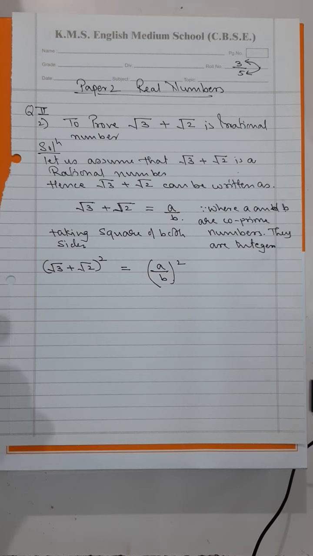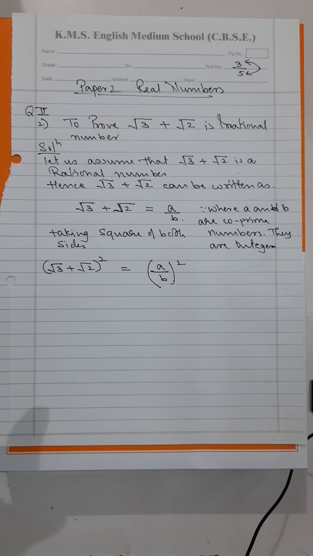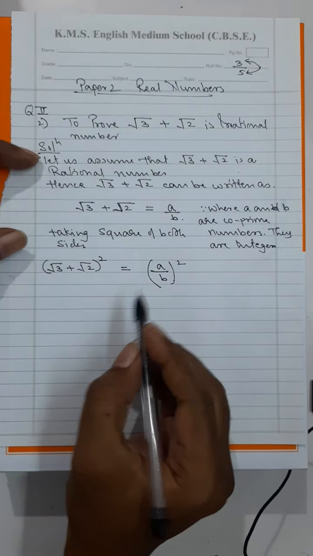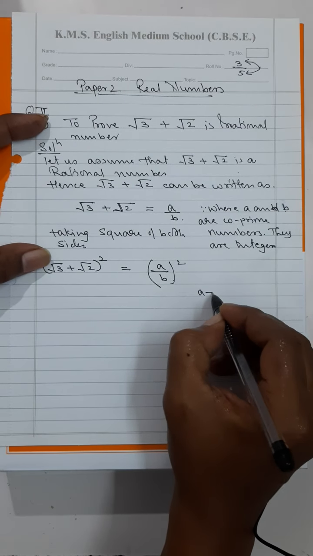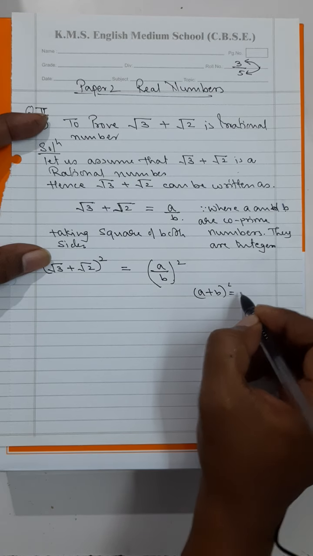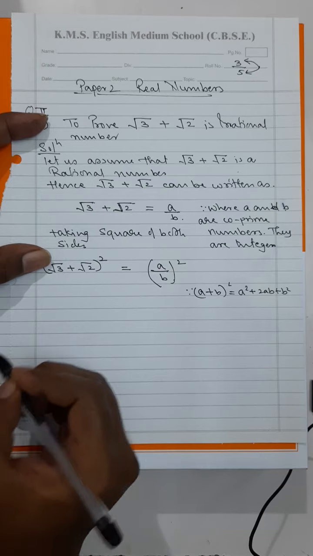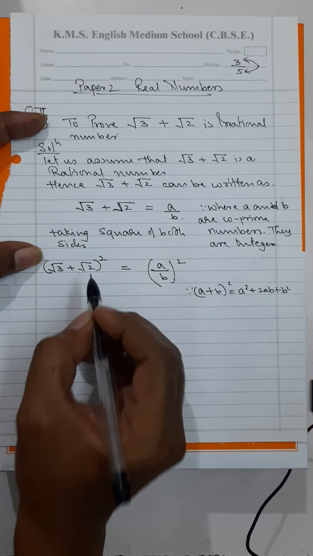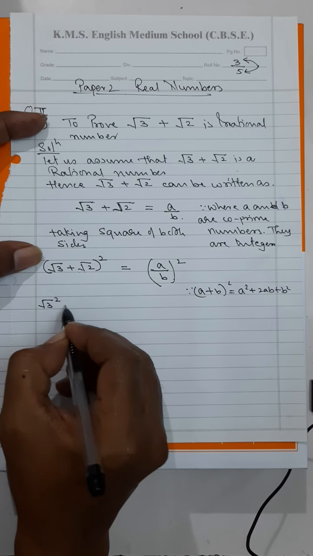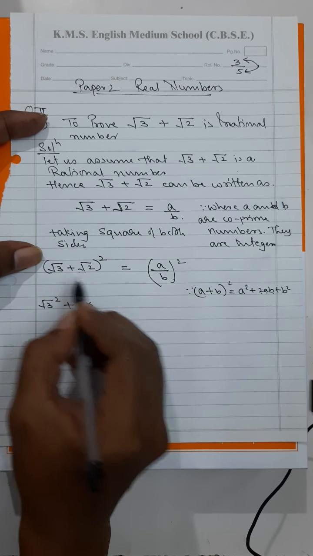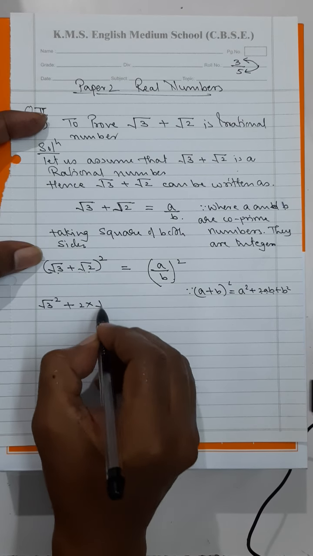Try to understand the seriousness and the precision level that you have to achieve. What is the thought? The whole left hand side squared and the whole right hand side squared. And then I will apply the identity a plus b the whole square is equal to a square plus 2ab plus b square. So here I will get root 3 square plus 2 into root 3 into root 2